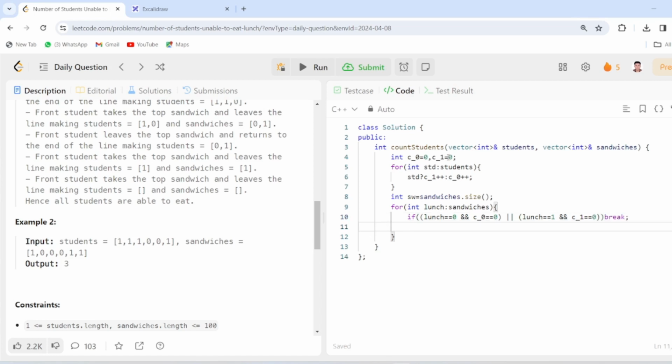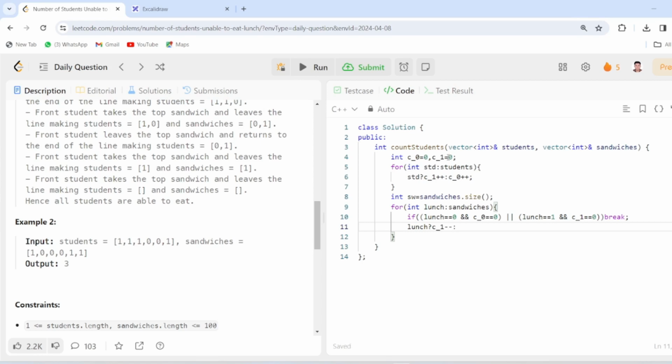Or else, if the top of the sandwich is 1, meaning it's a square sandwich, then we will decrease the count of that preference student. One student will move out of the queue, so we decrement the count.